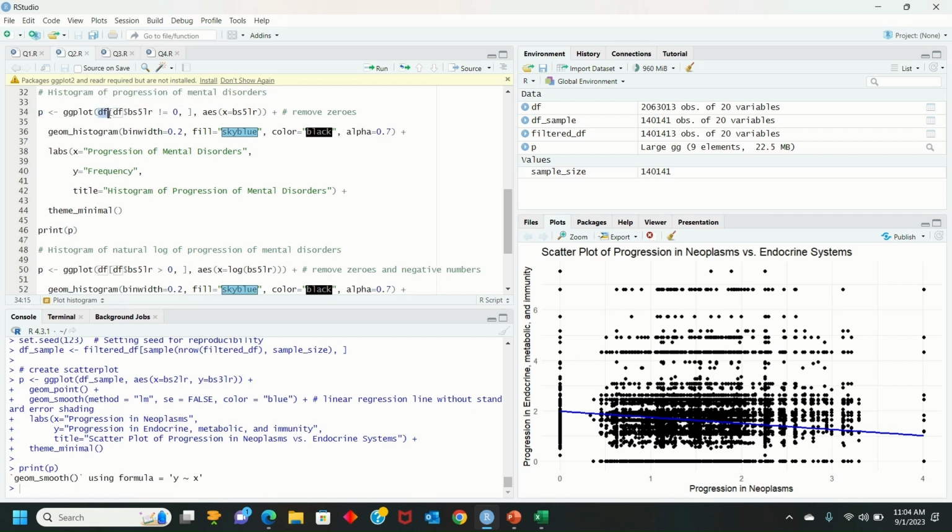The df is the data frame which you are using. The BS5LR is a variable which has data about the progression of mental disorders, and here we are setting the x value for only the single variable, that is BS5LR, that is for mental disorders. Now we are giving instructions to the code on how we want the graph. So we want a histogram, which says we want a histogram. The bin width 2,